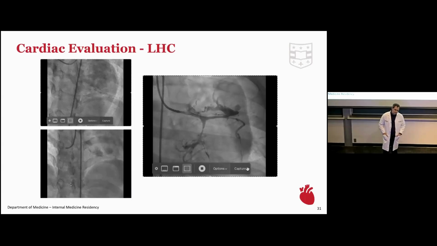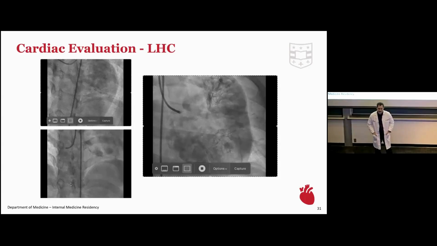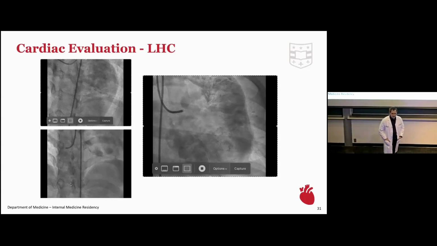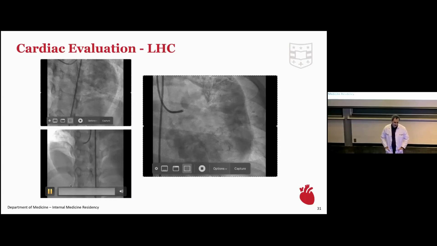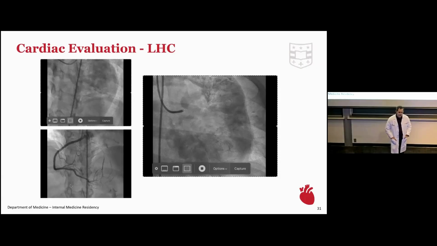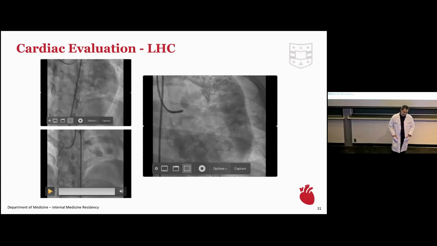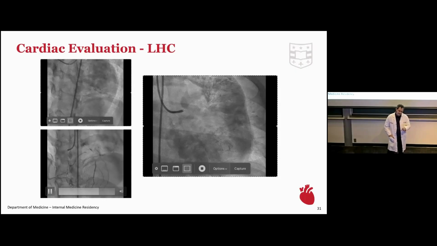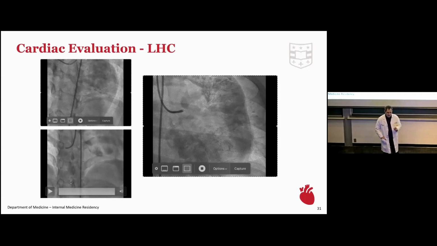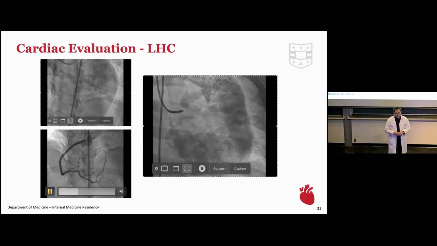So for those of you in the audience who don't do cardiac cath on a regular basis, can you play the right coronary artery on the bottom left? So this is the right coronary artery, and that's what you mostly expect until the very end. You see blushing in the tumor. But for mostly, you just see the outline of the coronary arteries as they go around. But then as you wait, you start to see the blushing. And waiting is usually when we see collaterals too, if we're worried about an obstruction.